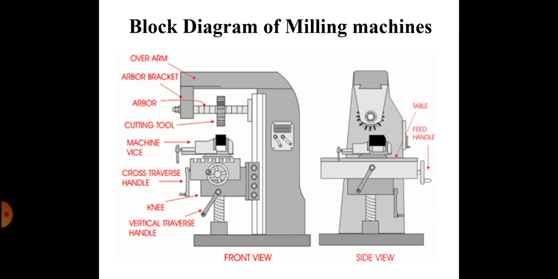Up milling or down milling can be preferred as per the requirement, and you can move the table from left to right and right to left in the X and Y directions. It means that the workpiece is fed against the cutting tool. At that time metal will be removed from the workpiece.